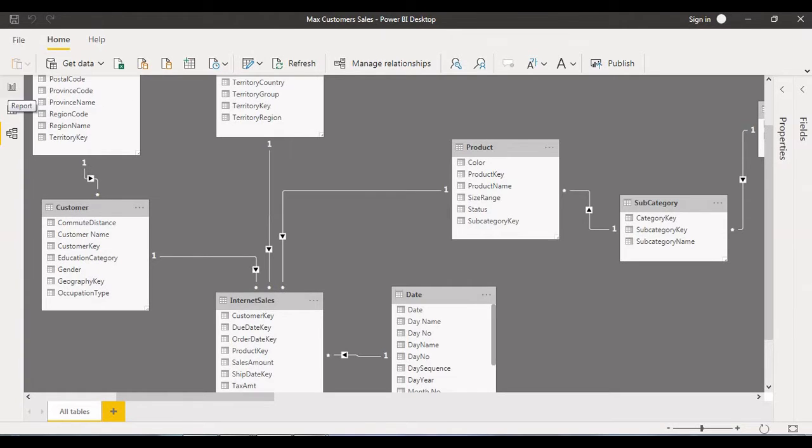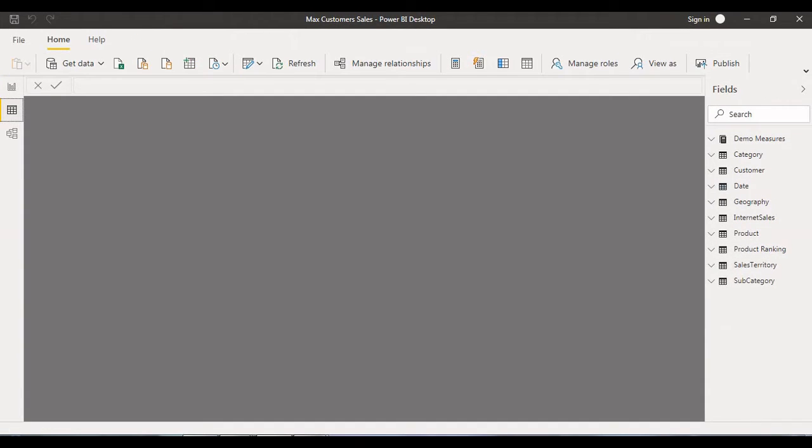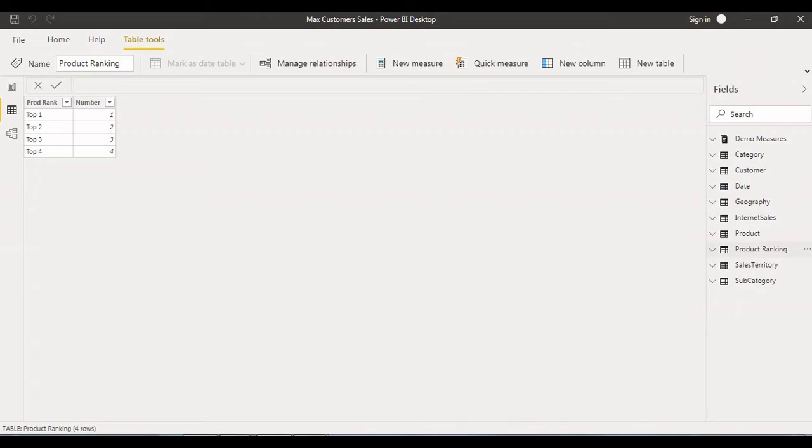So go to the report, and we can see one more table we have created, which is product ranking. I'll explain why I created it. Go to the data view and click on product ranking. Now you can see we have two columns: one is product rank, and the other is number, with top 1, 2, 3, 4 and respectively 1, 2, 3, 4.